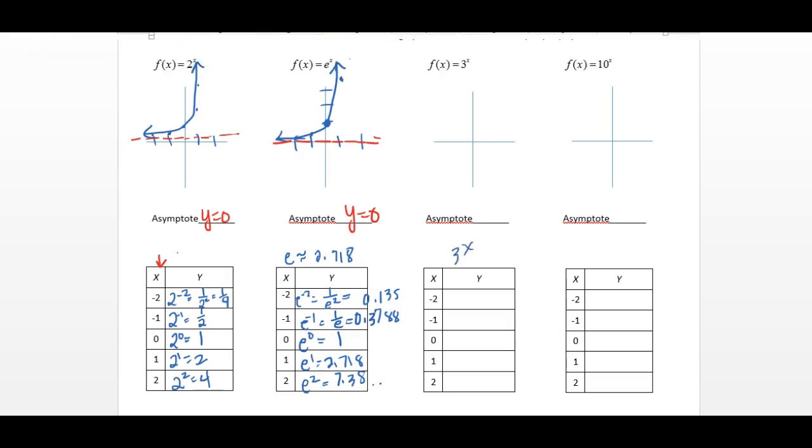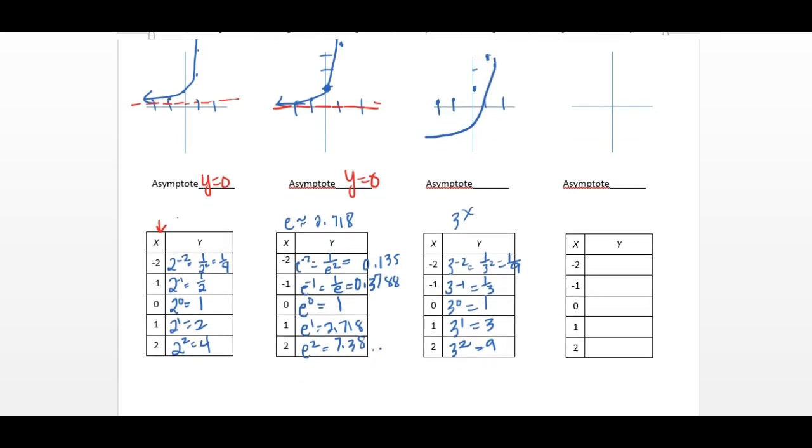3 to the x power. Well, 3 to the negative 2 is 1 over 3 squared, or 1 over 9. 3 to the negative 1 is 1 over 3. 3 to the 0 is 1. 3 to the first is 3. 3 squared is 9. All right, same thing we're going to do again. So 1/9, 1/3, 1, 3, way up here is 9. Okay, you can see that this curve is